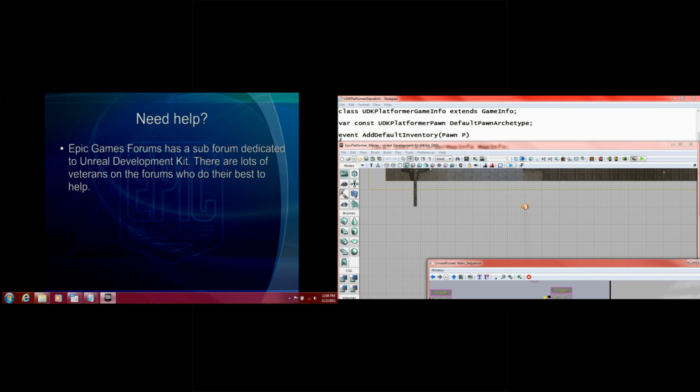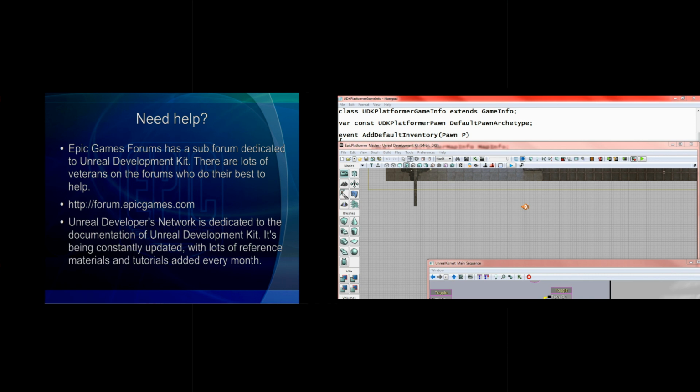And basically we do our best to help everybody out. So usually I check the forums a couple of times a day, and I try to answer questions as much as I can. The website for that is, I think it's supposed to be forums with an S, .epicgames.com. And you also have access to the UDN, the Unreal Developers Network, and it's dedicated to the documentation